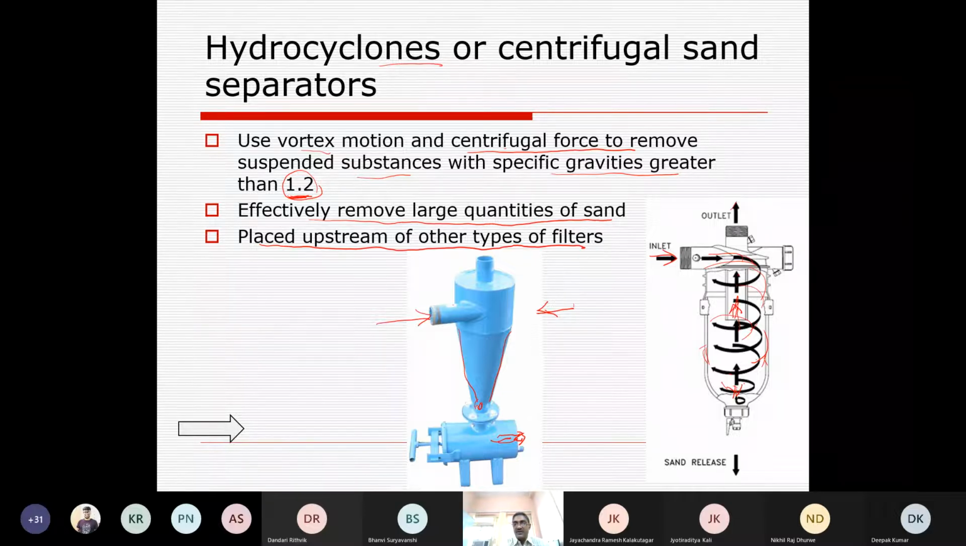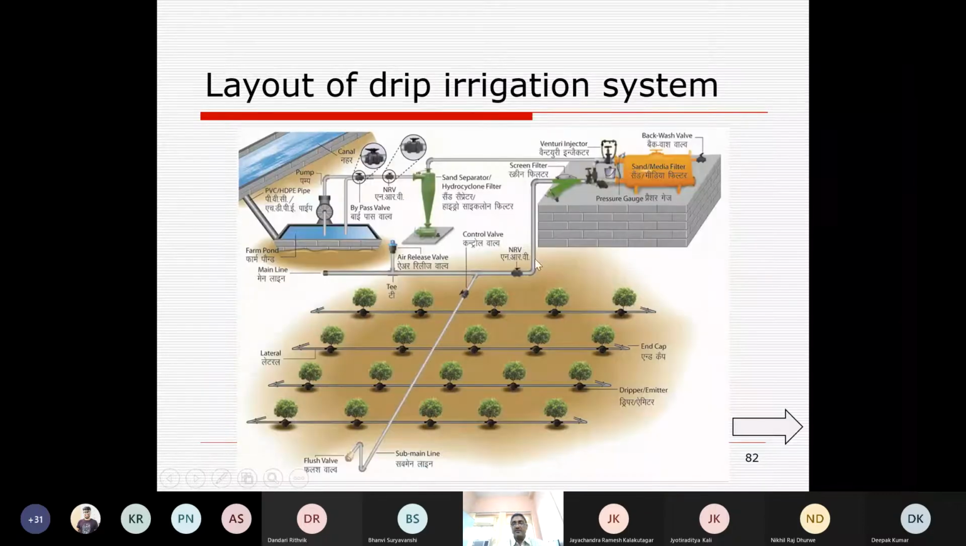So this is the first filter. You have not seen it in the first arrangement of this figure. If you recall, when I was showing the layout of the drip irrigation system, there is a pump and different valves we have, and water is coming, say, from a canal. So it is first going to